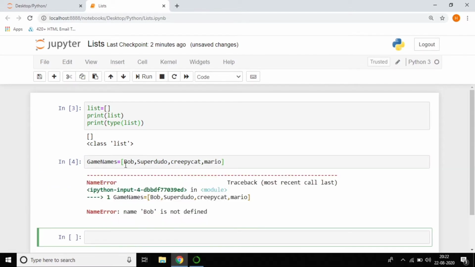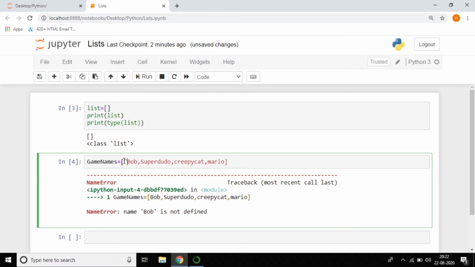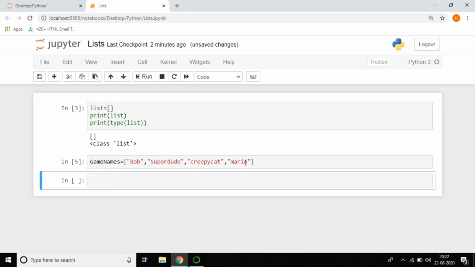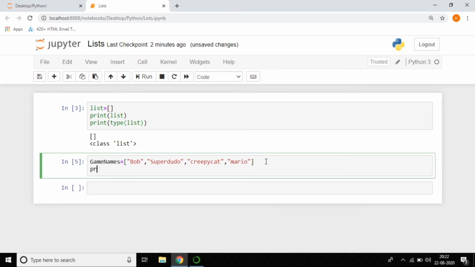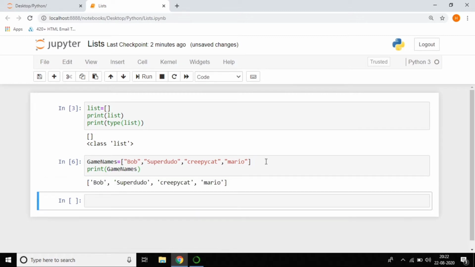If I run this, I'll definitely get an error because we are passing strings, so every name should be a string, and they should be separated by commas. Because we are passing multiple data, the computer has to know that. This is the way to write it. Now we can print the data by printing game names, and you can see the output: Bob, Super Dodo, Creepy Cat and Mario.